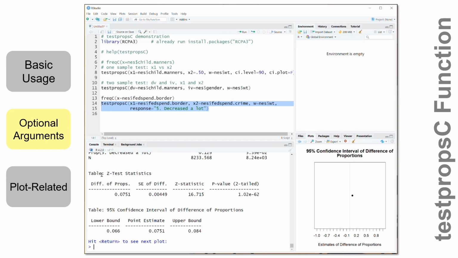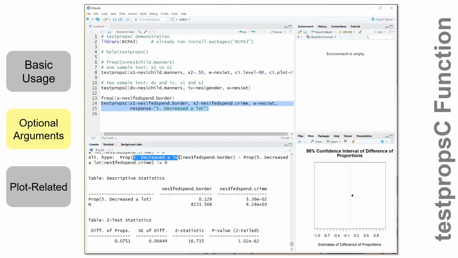We've got our z-test with our z statistic and a p-value almost 0, certainly less than 0.05, and we've got a 95% confidence interval. We see the point estimate of the difference, the lower bound and upper bound, and a plot of that. You can see that the confidence interval does not contain 0, and we can see the point is above 0, and the boundaries, which are really too small to be seen here, do not cross over 0. So we would confidently conclude that the